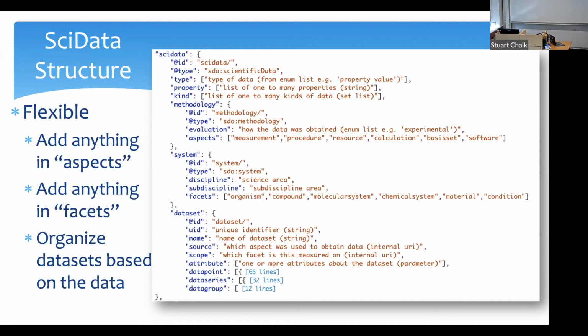For methodology and system, though, we've created these aspects and facets sections. And there's nothing special about those words. The simple premise of how I came up with those words is they had to be different from one another, so I could specifically reference them, okay? So in the context of putting data in here, anything can go in the facet section, anything can go in the aspect section, because those are specific to the particular data that you're working with.